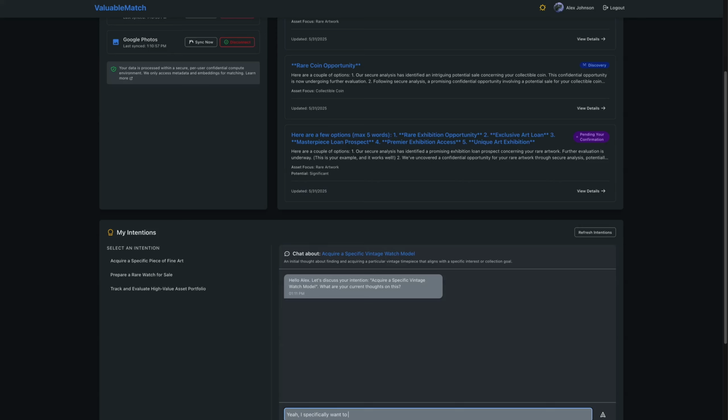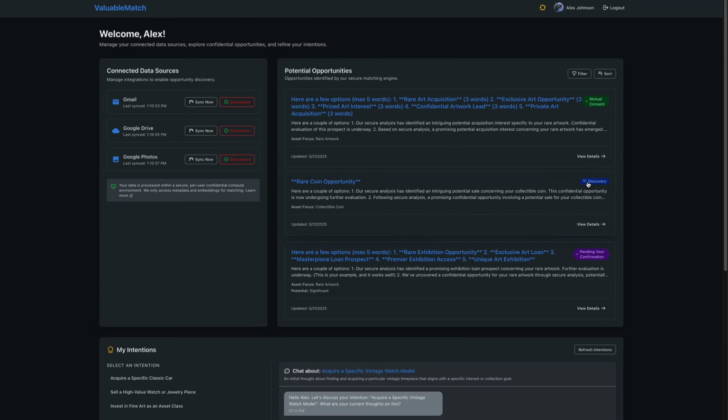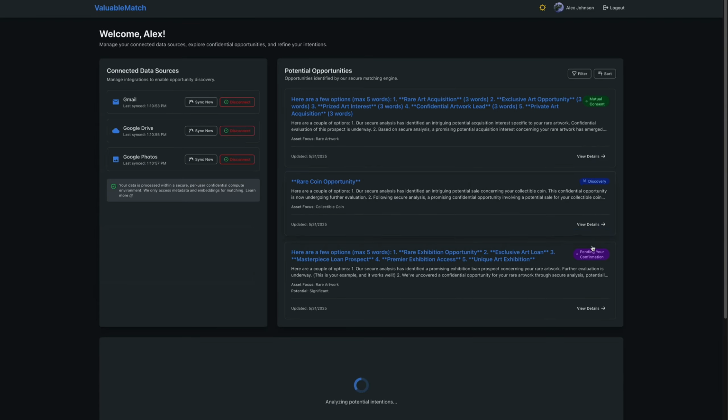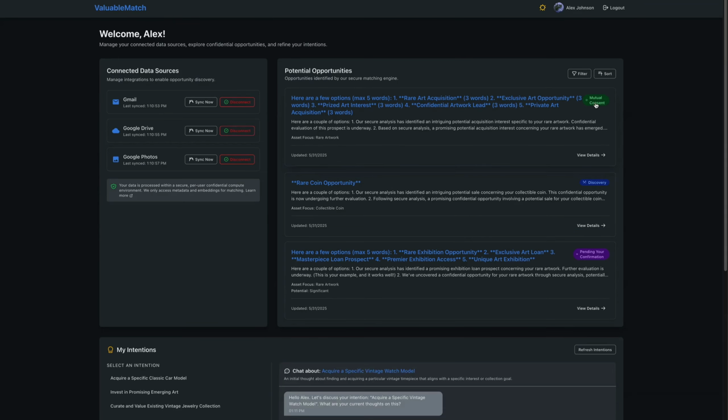And it's effectively saying, hey, boss, that car you wanted to buy, or that watch you wanted to acquire, or that show that we're doing as an estate sale or as a new show for an auction company, all of those kinds of intentions are being cooked up, and then they're being compared with the embeddings of other parties, under encryption, looking for matches between your intentions and their intentions. And when the system finds a close enough match, it generates opportunities, as you see up there.